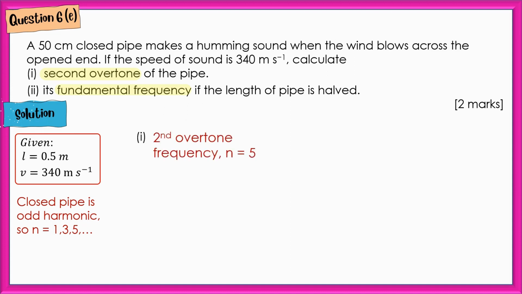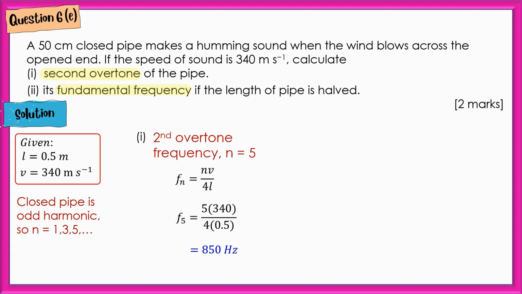To calculate the second overtone frequency, we know that the n is equal to 5 because for the fundamental frequency, n is equal to 1. First overtone, n is equal to 3. So the second overtone, n is equal to 5. And we will use the equation of nv over 4L. You substitute the n, which is 5. Speed of sound is 340 and L is 0.5,